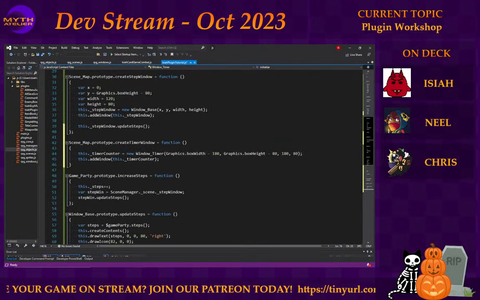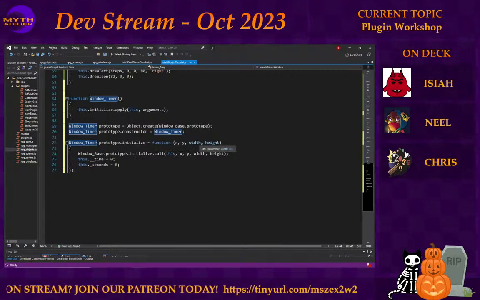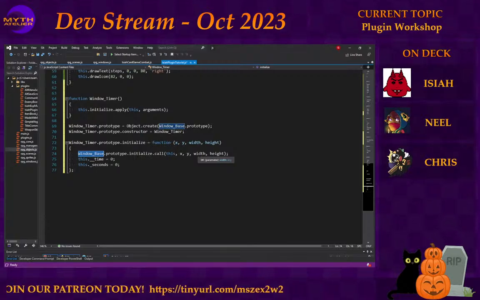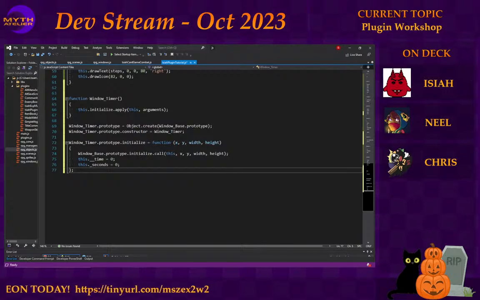So now, window timer is going to call this initialize function. It's going to call the window base version of it, so it'll do everything that window base does, and then it'll add this extra little bit. So now we can say, okay,